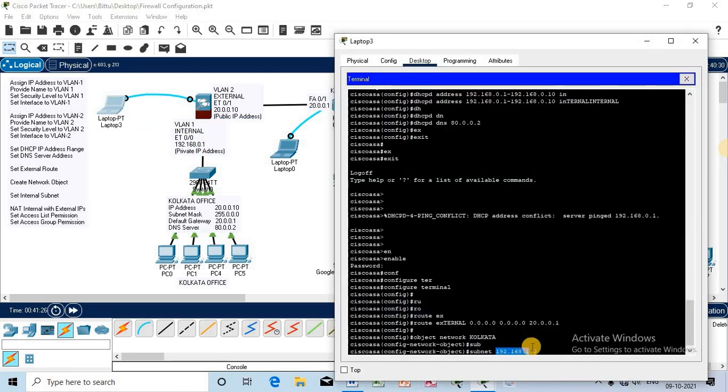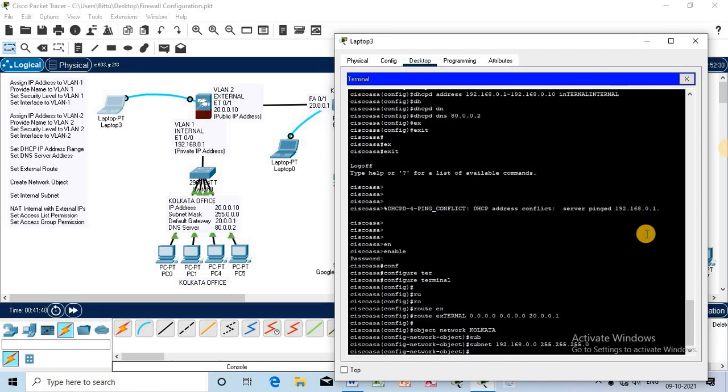While creating the subnet object, in the host position we just mention 0, no need to specify a particular host. Now I will provide the default subnet, a 24-bit network: 255.255.255.0 for the object that I have created just now. I am done with the subnet.